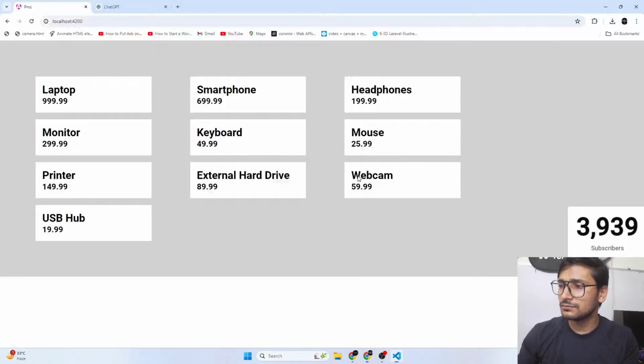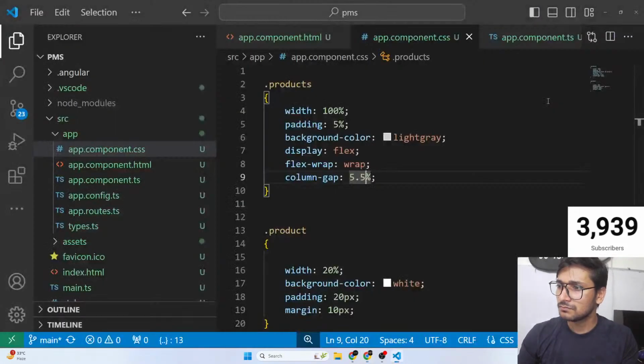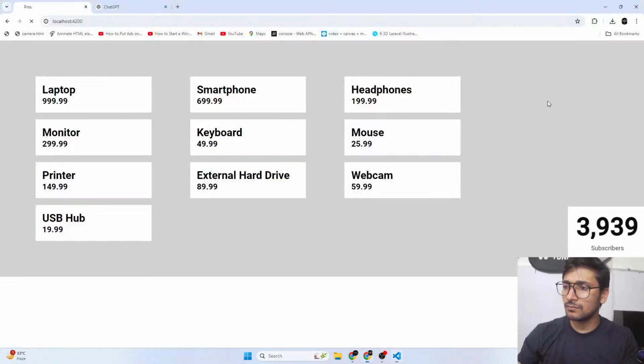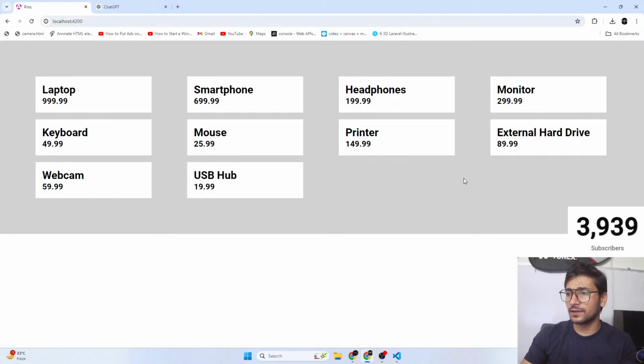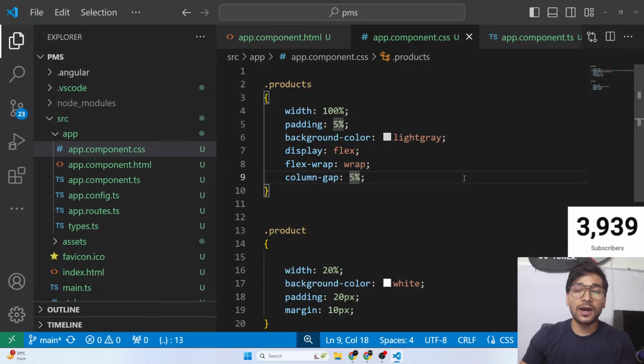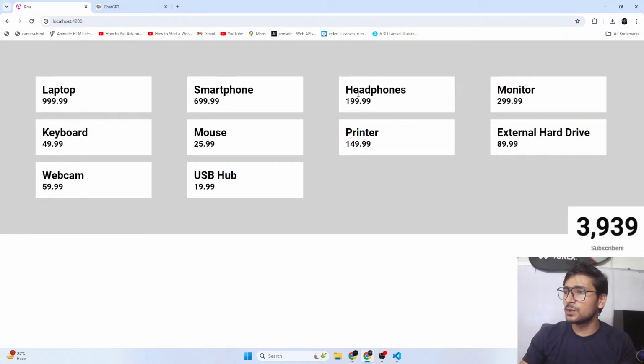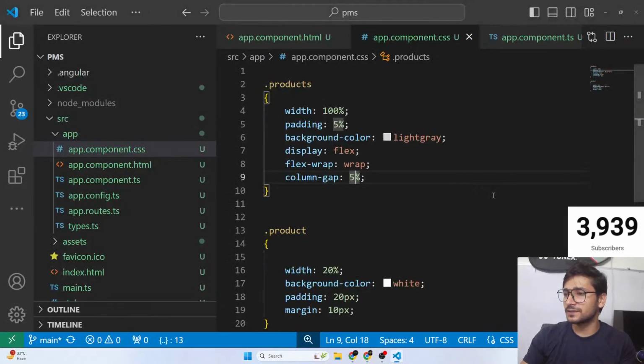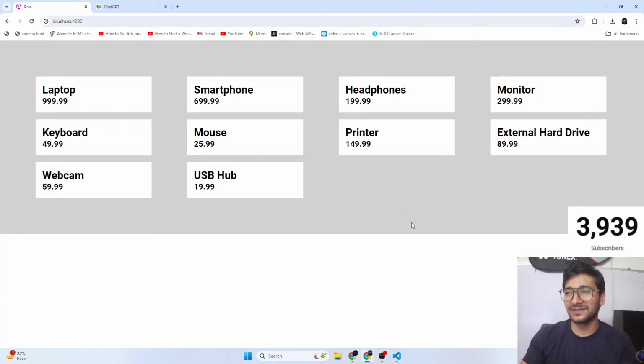Am I doing something wrong with the 1, 2, 3 gaps? So 20 plus 5, 25. Very strange. Okay, 5 is fine. Wow, guys. But only 1, 2, 3 gaps, right? So why 5%? That's a little weird, but okay, fine.